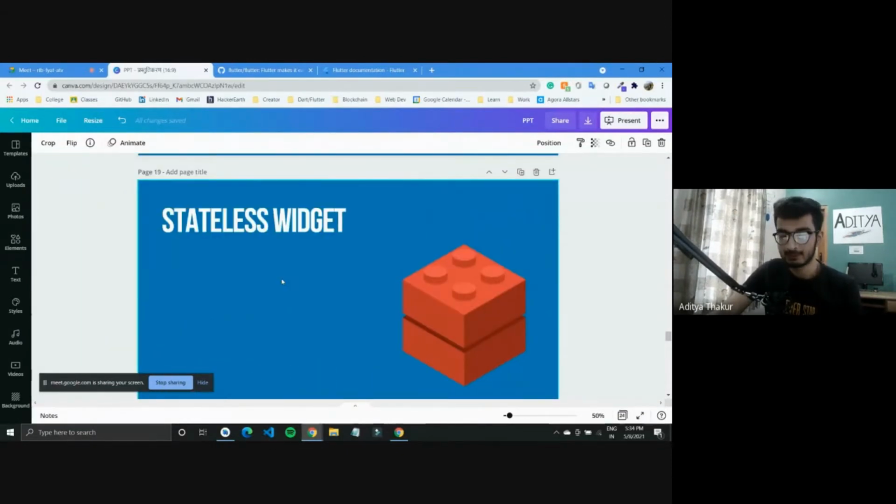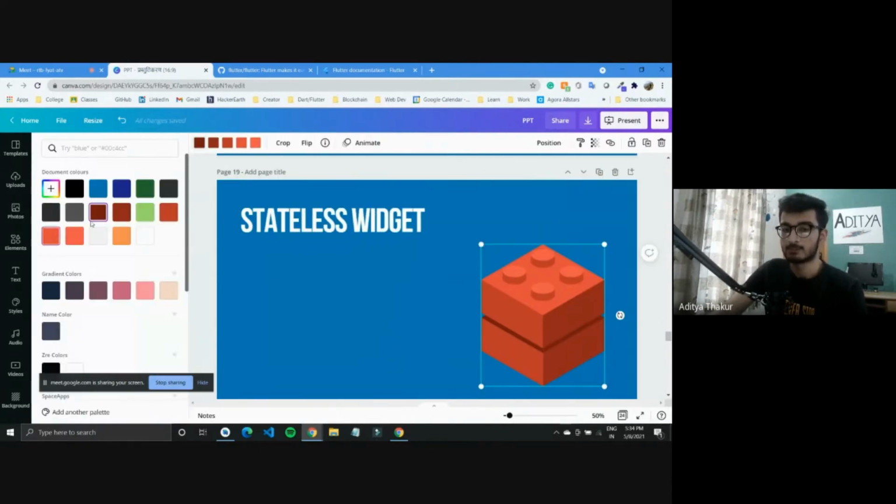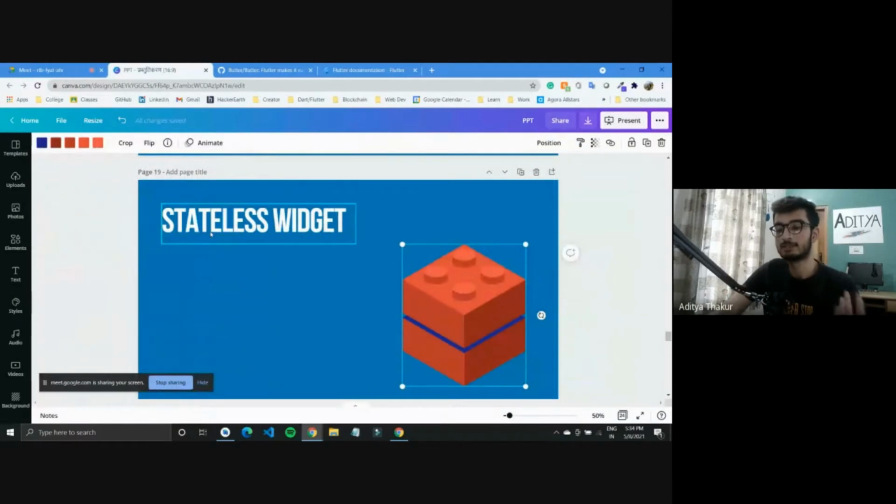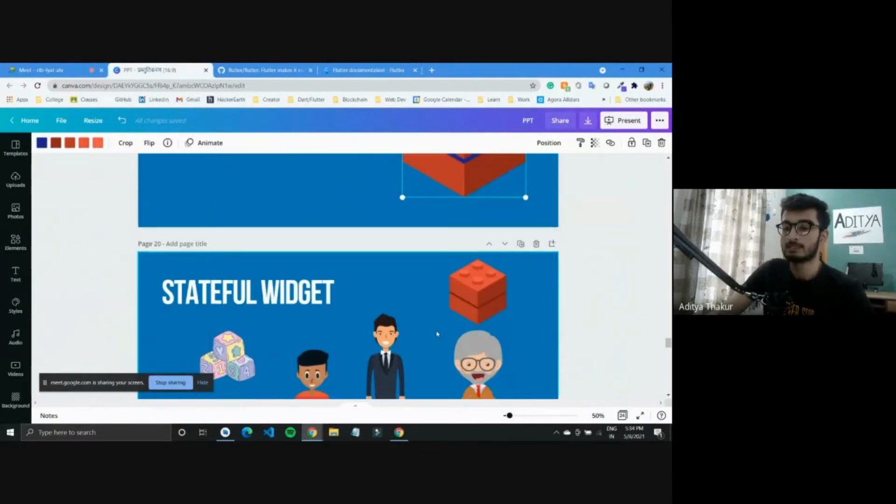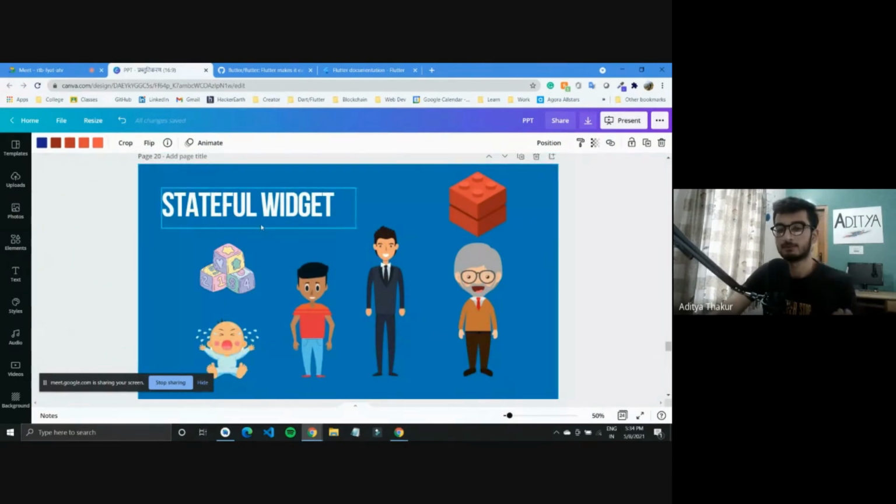A stateless widget, as the name suggests, lacks state. So what is this state? Let us say this widget initially was blue in color. It would remain blue, or brown as we have right here. It would remain the same color throughout the execution of the app. Whereas a stateful widget is full of state, so it can change state, as in it has a full growth cycle.